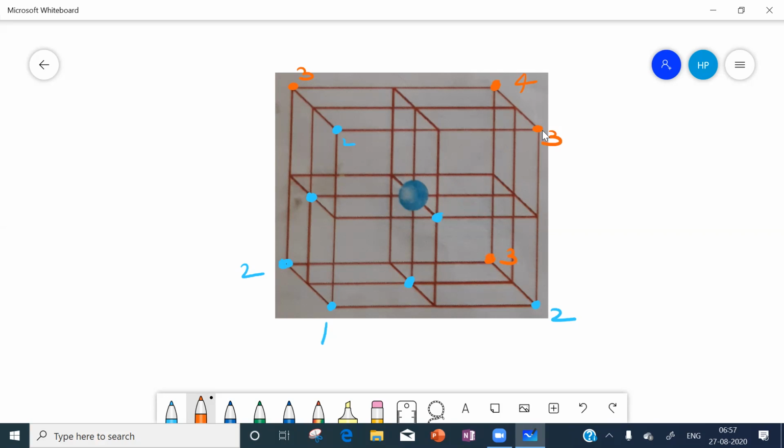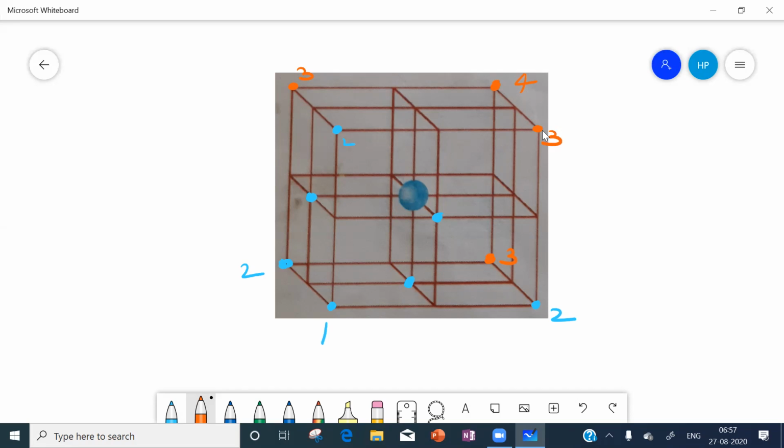How many corners are there? See, how many layers are there? See, these are the corners in the bottom face. We said four corners. No, they are not in one layer. In the bottom face, we said four corners, but the four corners are not in one layer. They are in two layers. So how are the layers? In a cross manner, we have to consider layers.